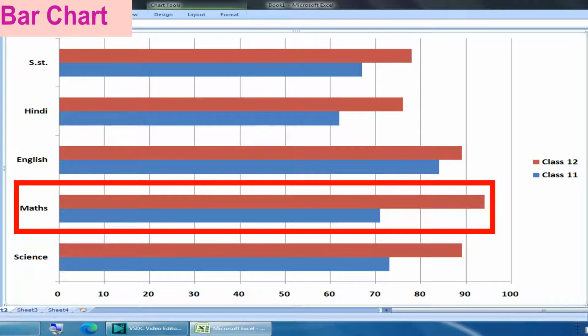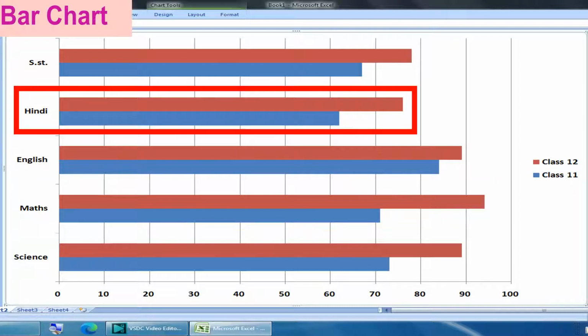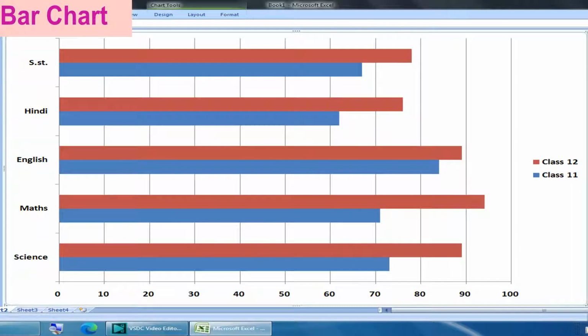The longest bar is in the math subject, in red. It's near to 100. The smallest bar is in Hindi, blue color, meaning 11th class. So, by seeing this bar chart, we can easily compare 11th and 12th class marks.